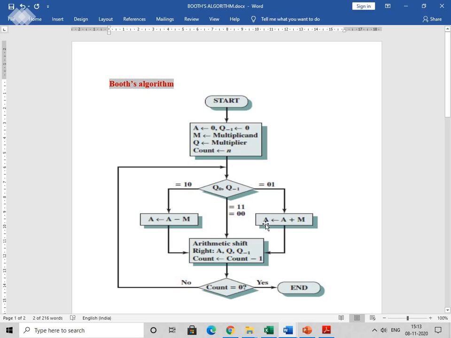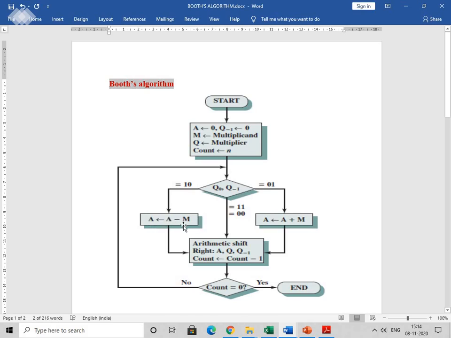So after addition, again we are going to perform arithmetic right shift operation on the content of A, Q and Q minus 1. After the shift operation, decrement the count by 1. If it is equal to 0, come out of the loop. If not equal to 0, again repeat the procedure. Now, suppose the Q0 bit is 1 and Q minus 1 bit is 0 respectively, then we are going to do the subtraction of